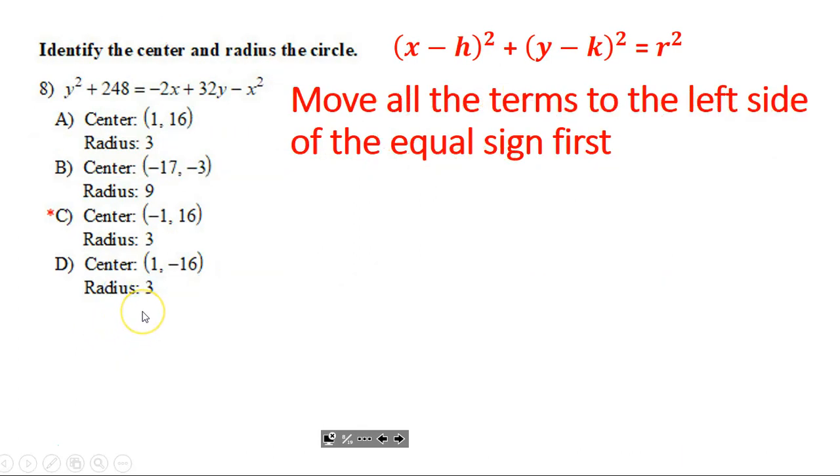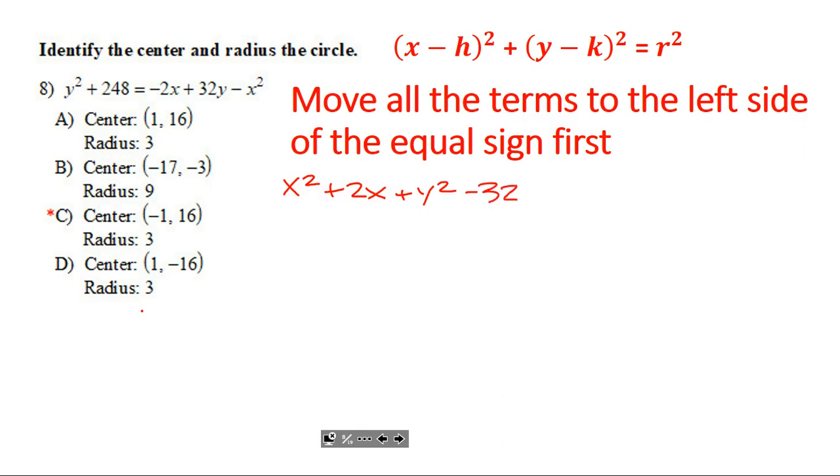Number 8. So this one says we have to identify the center and the radius of the circle. So we got to get it looking like our equation for a circle. So I put a big note on here and I said move all the terms to the left of the equal sign first. And I said to do that because we've not dealt with the -x squared. So I'm going to go ahead and do that. I'm going to make that positive x squared plus 2x plus y squared